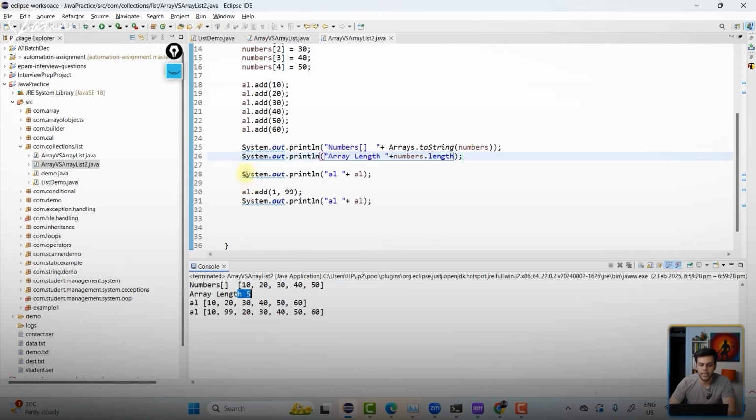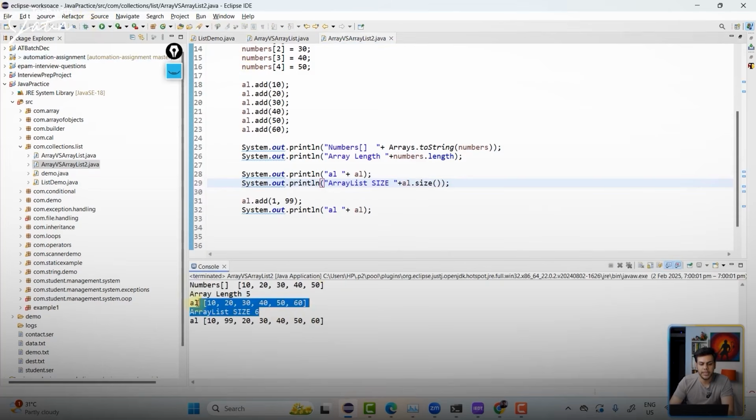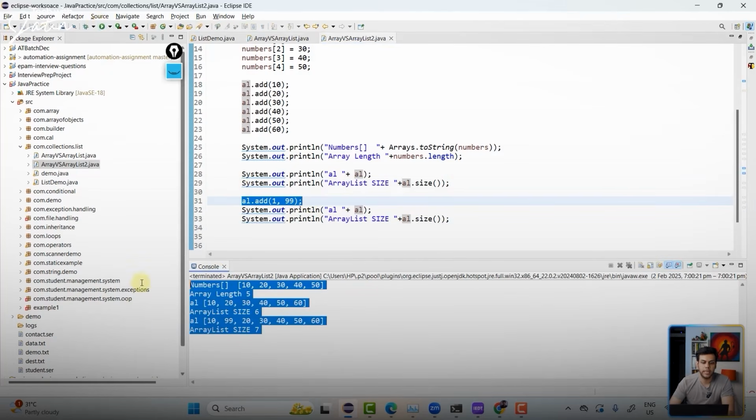Similarly, let's say I try to print the size of the array list over here. In array list or in collections, we don't say length, we say size, because size is a method also. So I'm going to say al.size. If I click on the play button, you see size is 6. I'm printing for the previous one, then I'm doing the addition. So over here, the size is 6: 1, 2, 3, 4, 5, 6. Six elements are there. But if I print it again one more time, after doing the insertion on the first index, size is 7.